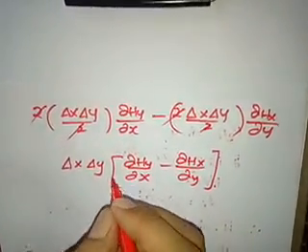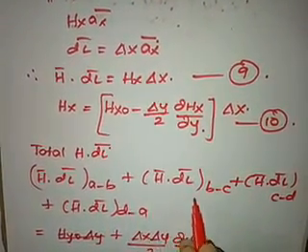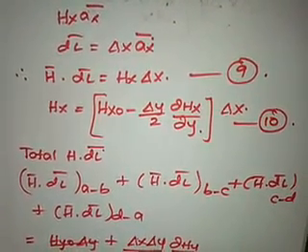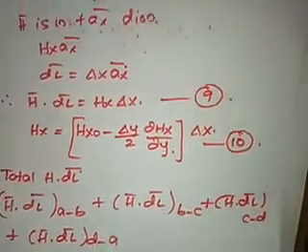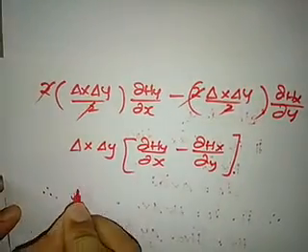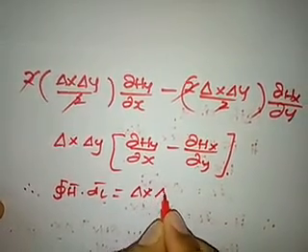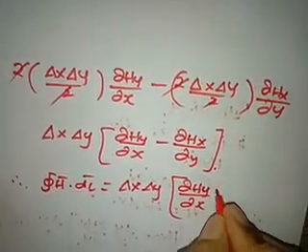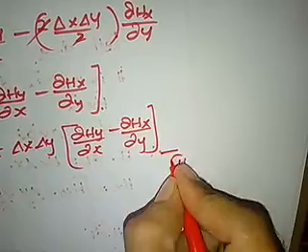Okay, so what is this? We have taken from all the paths, we have added those paths. H bar dot dl bar due to AB plus h bar dot dl bar due to BC plus h bar dot dl bar due to CD plus h bar dot dl bar due to D to A. This is nothing but the total path considered. So it is the closed integral, the closed integral of the closed path. So that is nothing but, therefore, closed integral h bar dot dl bar. This is equal to delta x delta y, this into dou hy by dou x minus dou hx by dou y. Take it as equation number 11.